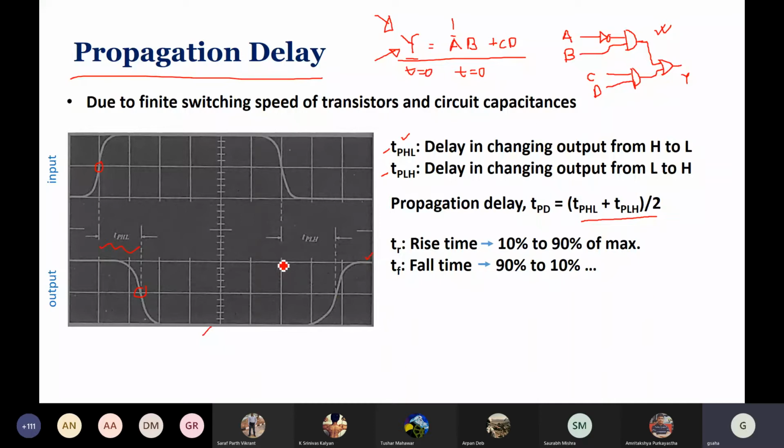So it is important to take note that this is finite, and this equation has a limitation that you cannot present the delay aspect of it here, and a timing diagram is what is required. Other than that, the terms you are familiar with, the rise time and fall time, are 10% to 90% and 90% to 10%. Okay.